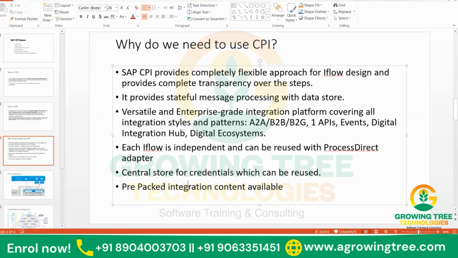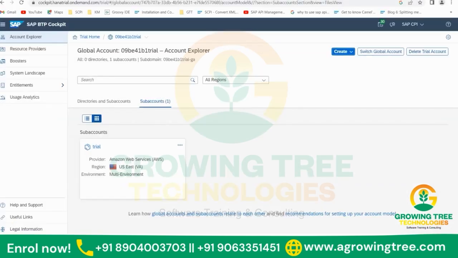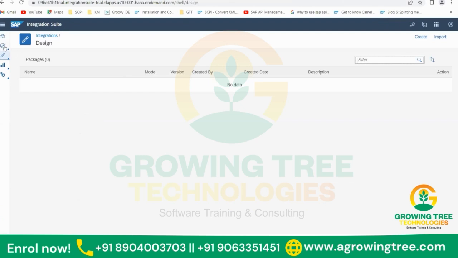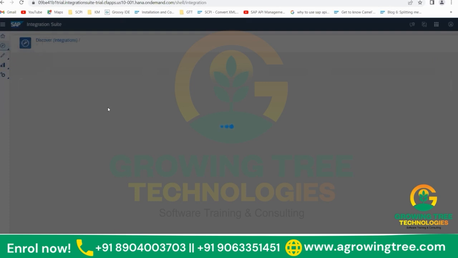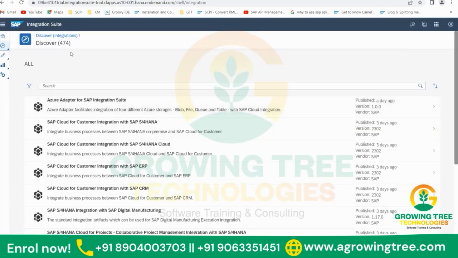There you can search for the SFDC integration, a Salesforce integration. I can show it on the UI. So this is the CPI tenant, right? Here you have the Discover phase. In the Discover phase, you will see there are 400 plus packages, 474 packages. They keep being added. After 2 or 3 months, you can see 500 plus packages, because SAP is adding so many